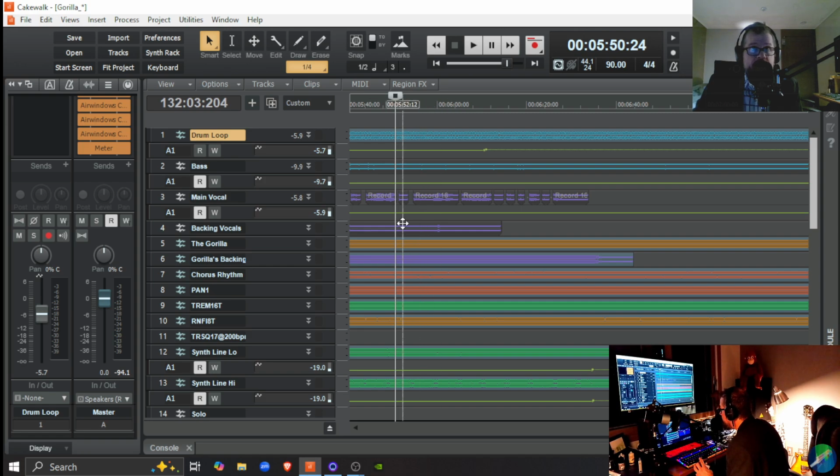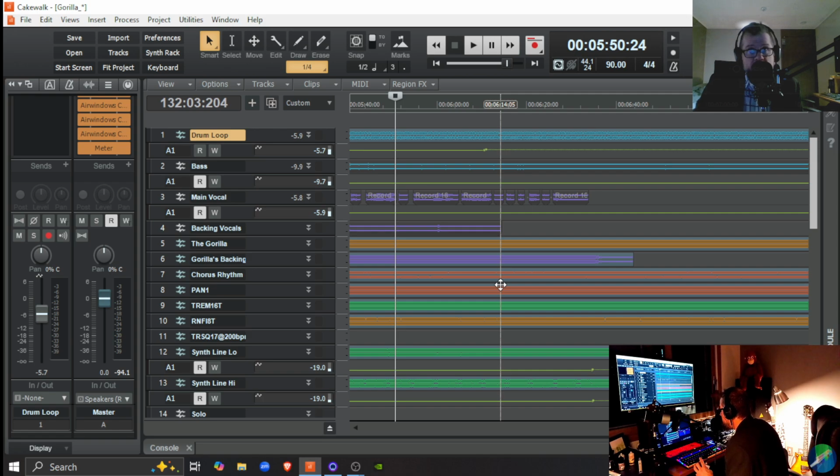And I've got very little volume drawing, very little volume automation in this mix, very little. I'm using Air Windows tools, Air Windows energy tools to cut through without increasing volume.